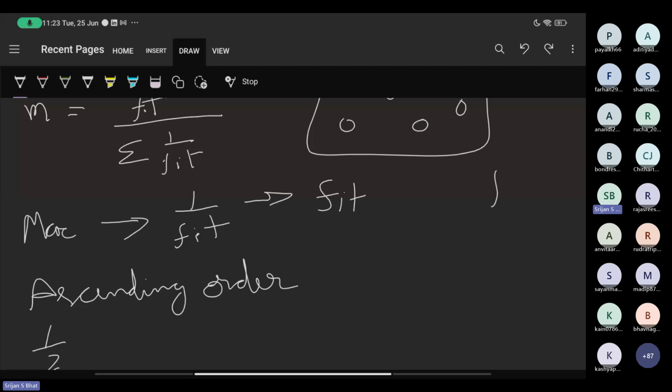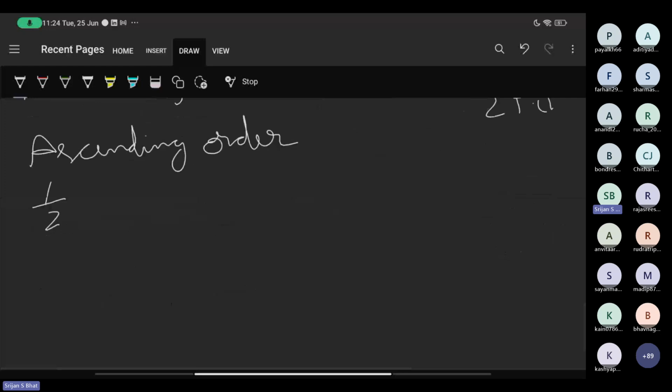If you do it fit by summation fit, you can see that as you increase your objective function, your mass also increases, which is what we want. So it will be fitness divided by summation of fitness. Yeah. So you have two halves now.